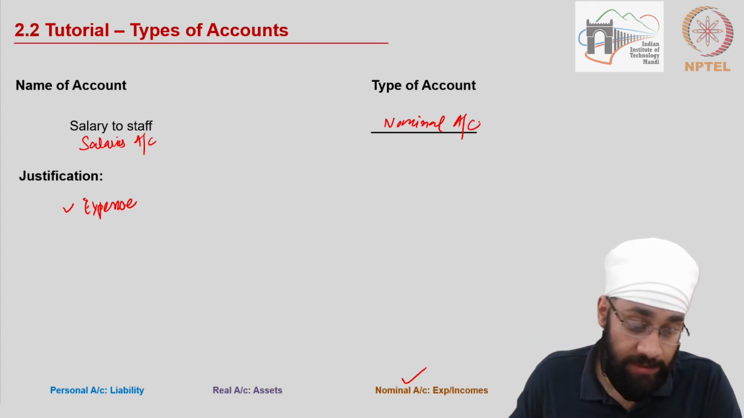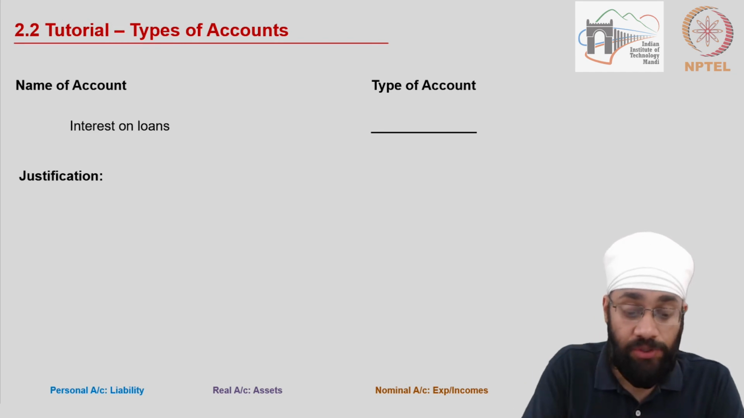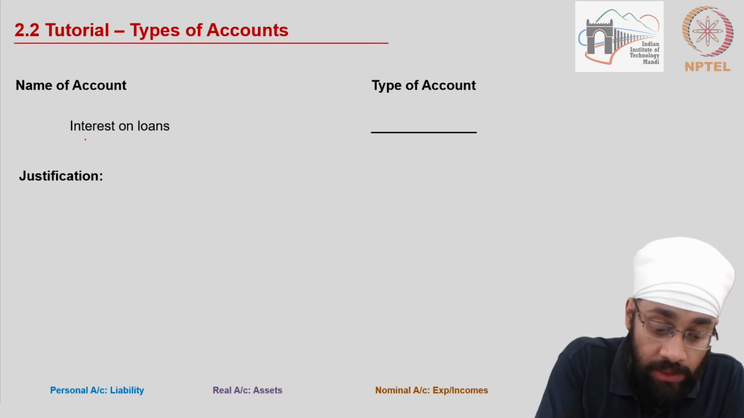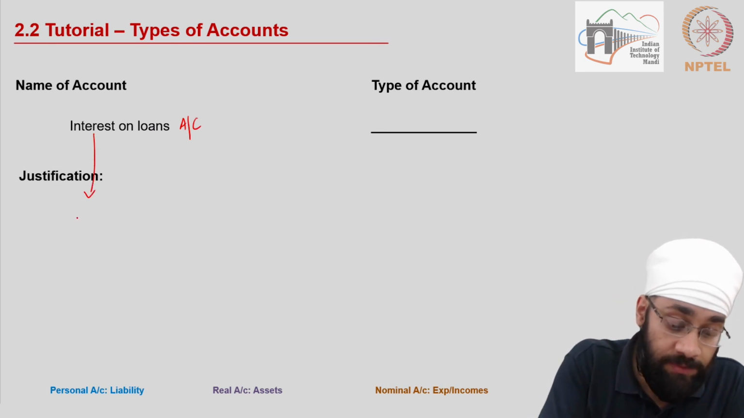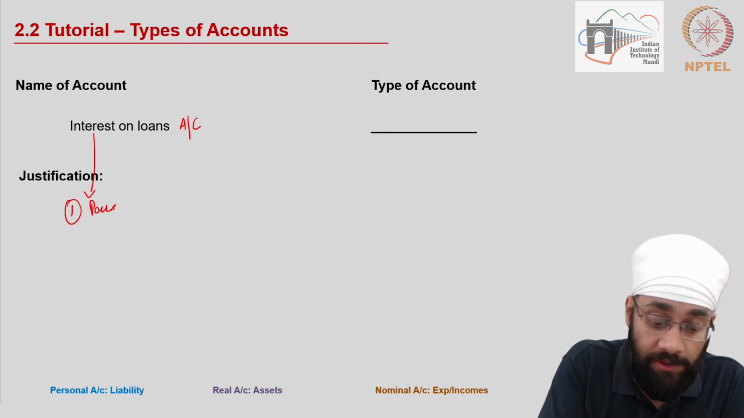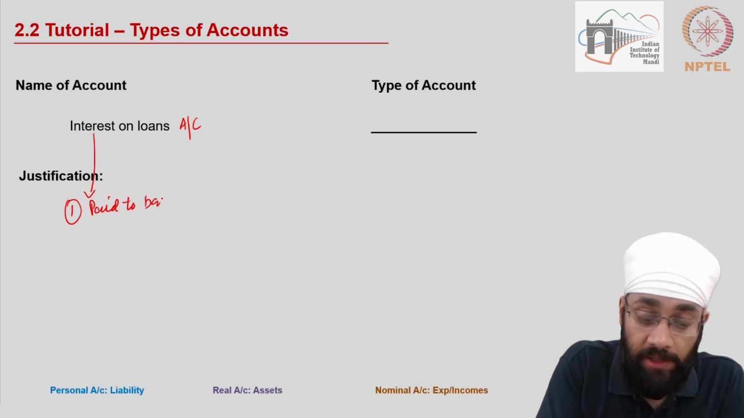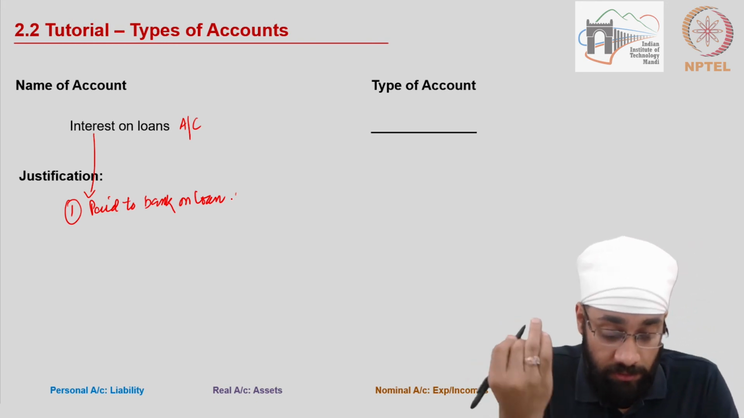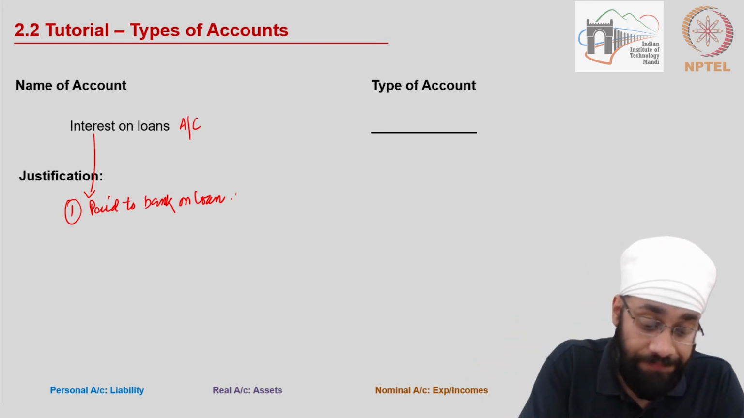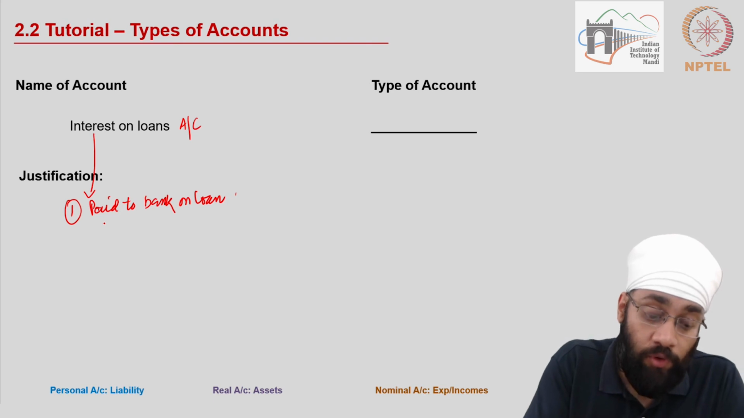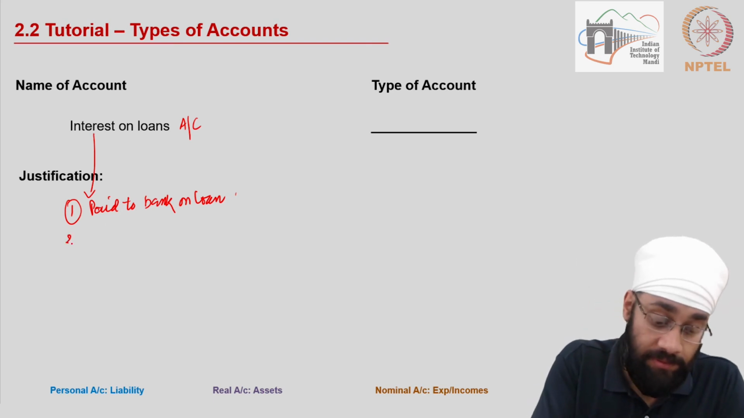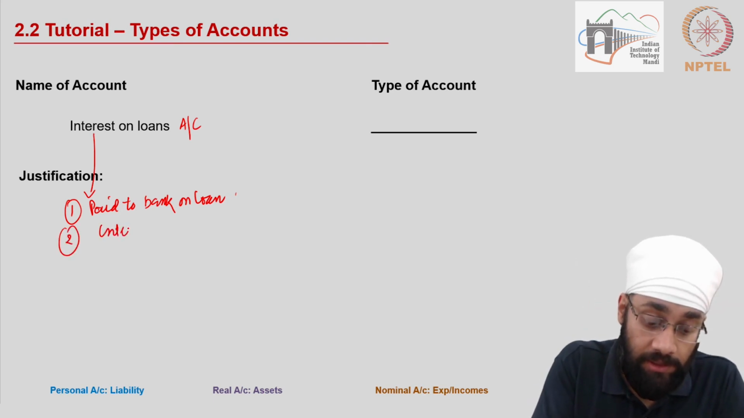Next up is interest on loans. This is the interest on loans account. The interest is being paid, let's say, to the bank on a bank loan that was taken sometime back. So if you pay the interest,